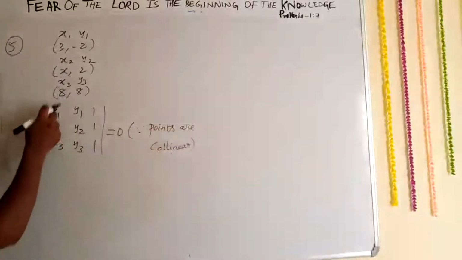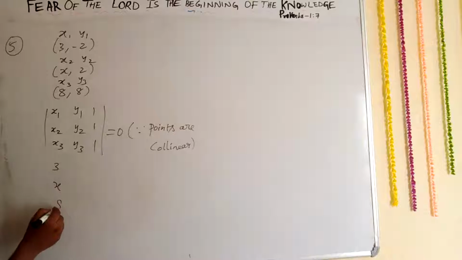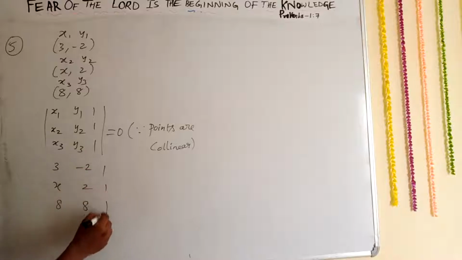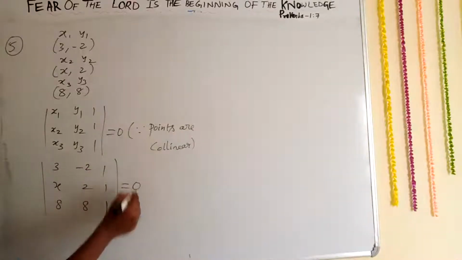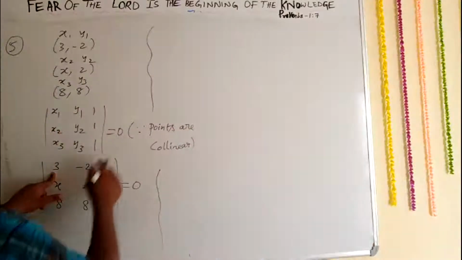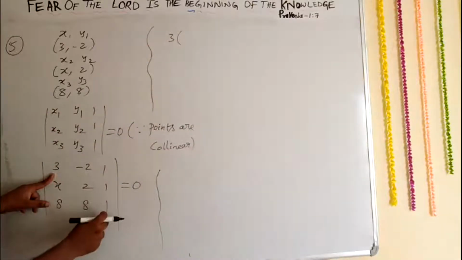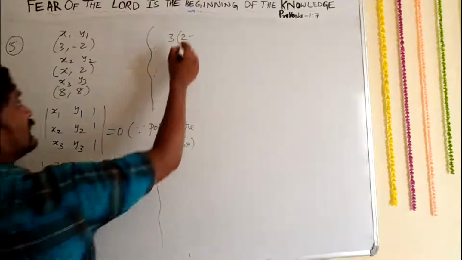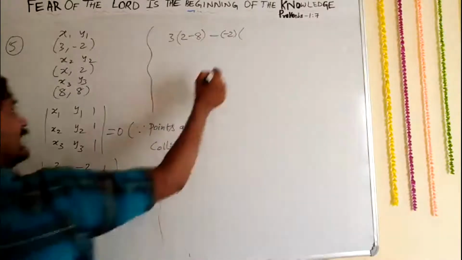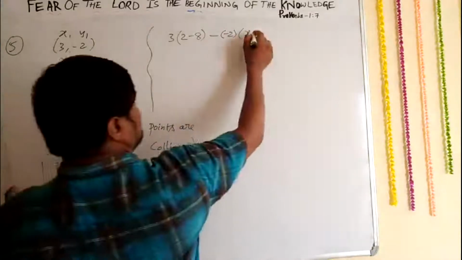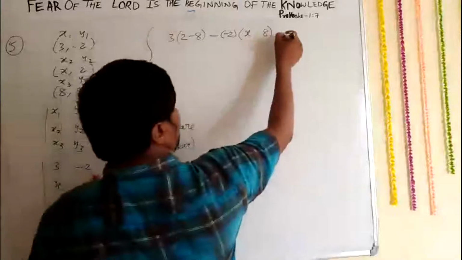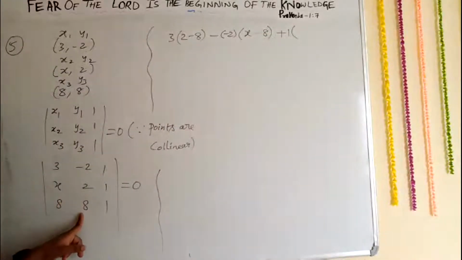Okay, so now x1 is nothing but 3, x2 is x, another one is 8, minus 2, 2, 8, minus 2, 2, 8, 1, 1, 1 is equal to 0. And simply what we need to do now is complete the values. Now 3 into 2 ones are 2 minus 8 ones are 8. Next, minus of minus 2, x into 1, x, then minus 8 into 1, 8. So that plus 1 into x into 8, 8x,